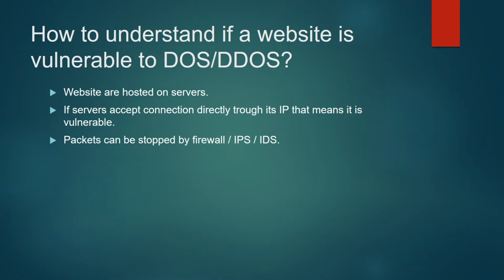So now, to see if that server or service is vulnerable to DOS or DDoS, we have to see if the server directly accepts raw packets approaching the IP. What do I mean by that? If your server is there and you can connect to it directly with the IP and send raw packets directly through that IP and that port, that means the server is vulnerable to DOS or DDoS, because